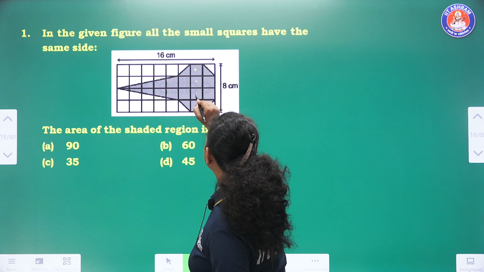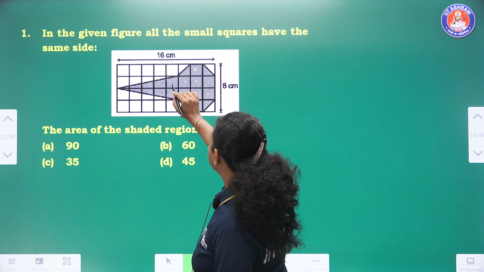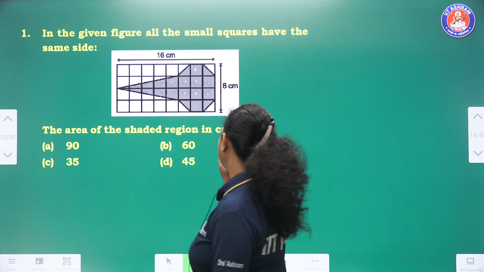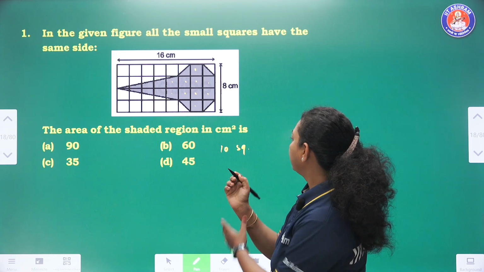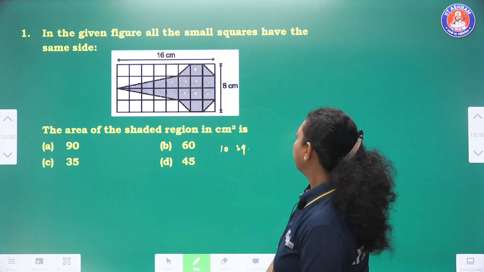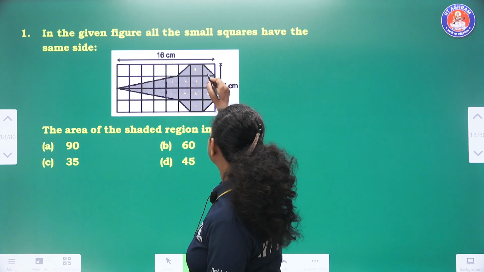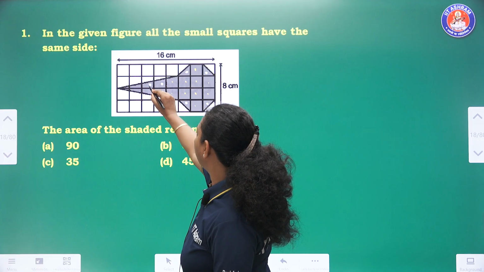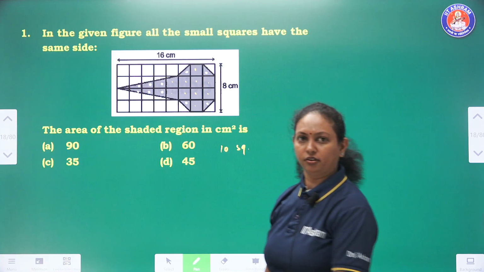1, 2, 3, 4, 5, 6, 7, 8, and we can take this 9 and 10. Okay, these are almost filled. So we can write that 10 squares are completely filled, and the next is how many? Half or less than half or more than half are there. Okay, so these are 1, 2, 3, 4, 5, 6, 7, 8, 9, almost. So we are not considering that.